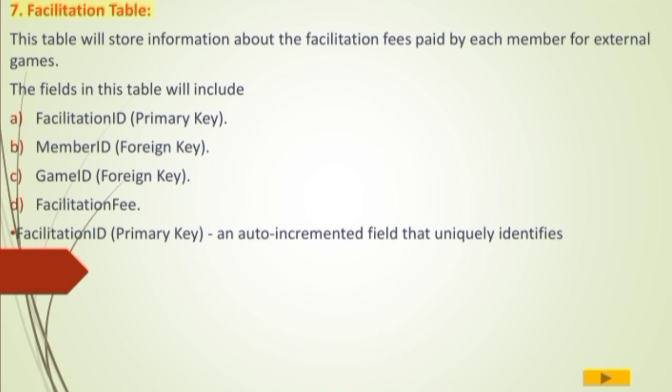7. Facilitation table. This table will store information about the facilitation fees paid by each member for external games. The fields in this table will include A. Facilitation ID primary key. B. Member ID foreign key. C. Game ID foreign key. D. Facilitation fee. Facilitation ID primary key, an auto-incremented field that uniquely identifies